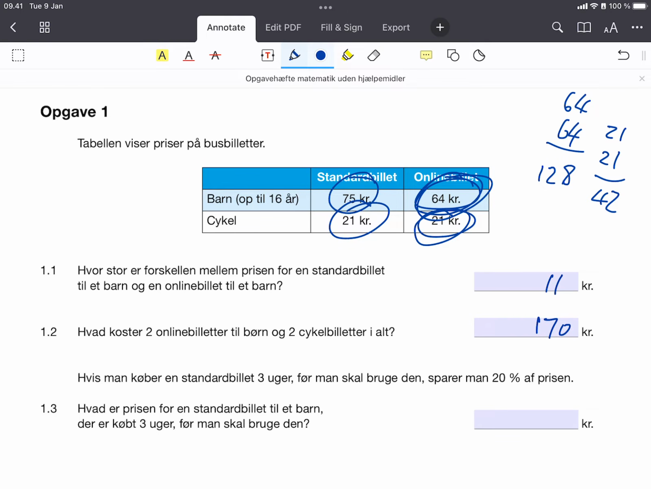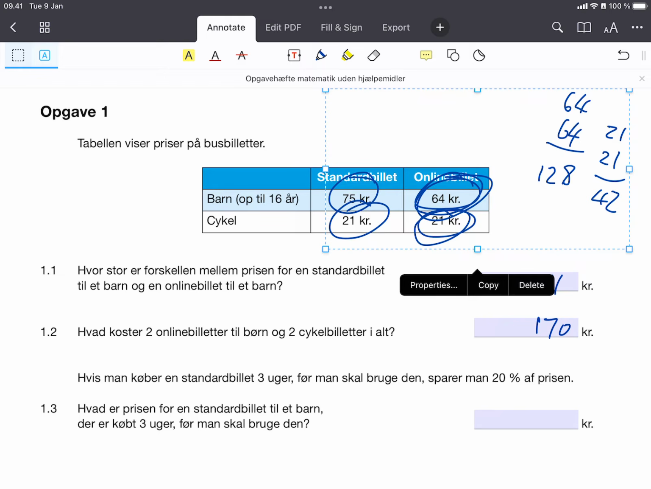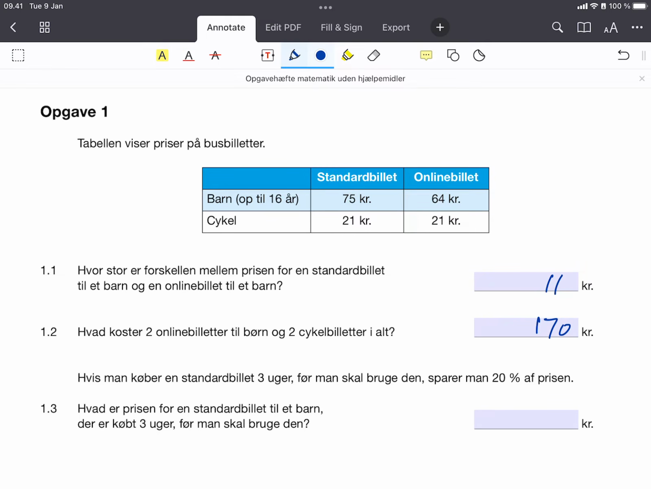Then it says, if you buy a standard ticket 3 weeks before you need to use it, you can save 20% of the price. What is the price for a standard ticket for a child that is bought 3 weeks before you need to use it? Okay, well, let's just get rid of some of the rough stuff here and think about that. So a standard ticket for a child is 75 kroner. So what you want to work out is your 75 kroner minus 20% of